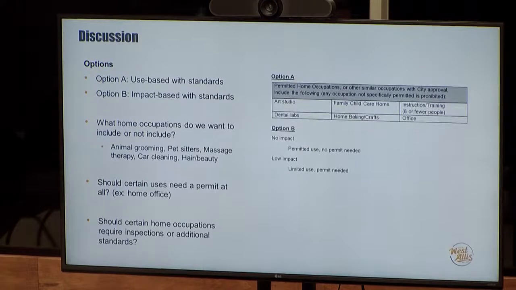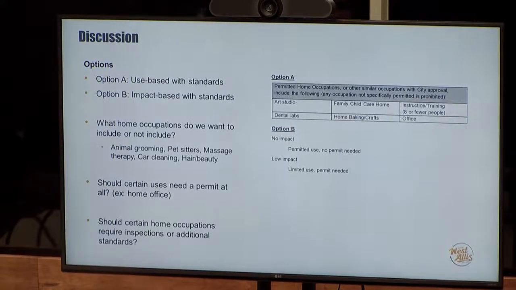And then in any of these options, we can talk about if you think our list of uses is too basic, if you want to expand upon it to introduce other ideas like animal grooming, pet sitters, massage therapy, car cleaning, hair, beauty. Should certain uses need a permit at all? Like a home office, do we want to be issuing a permit for someone that's purely just,